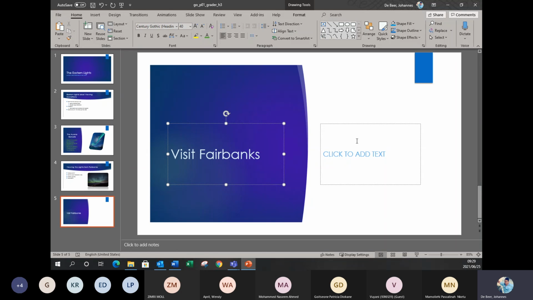Now in this box here, the second box, you'll see it says click to add text. Now this is all in capital letters, as you can see. All right. So another thing that's important when you're doing your EUP assignments, if they give you in your instruction